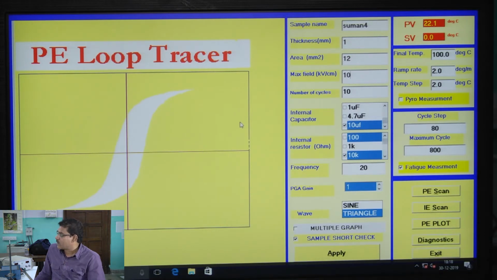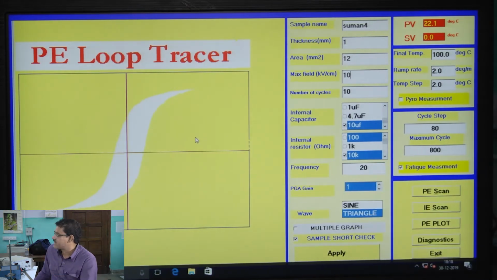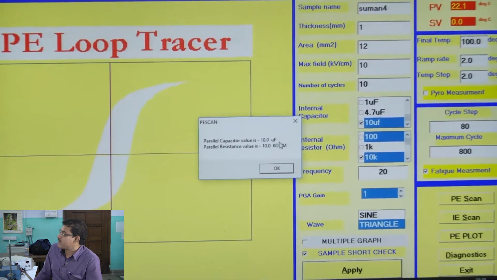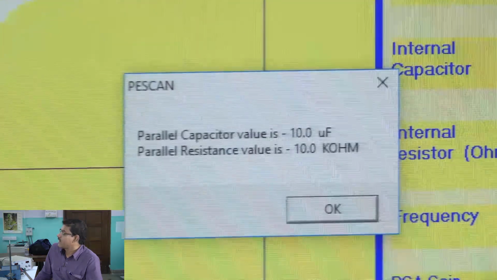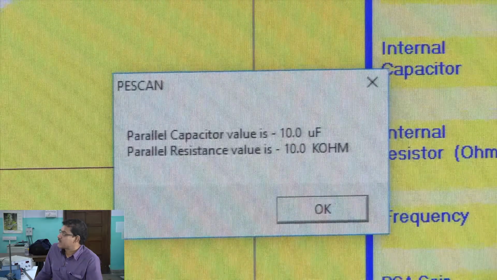So instead of manual reading, the computer is doing our job very fast. Here if I click apply, it is showing parallel capacitor is 10 microfarad, whatever we have chosen, and parallel resistance value is 10 kilo ohm.